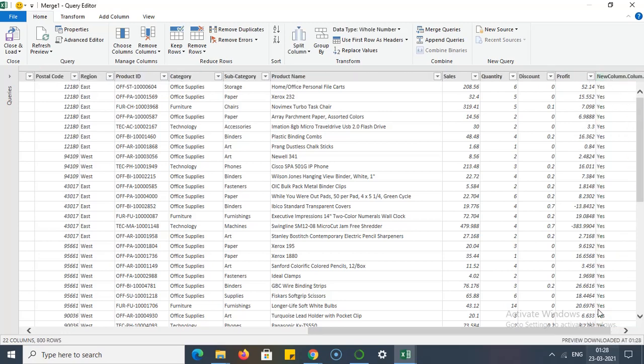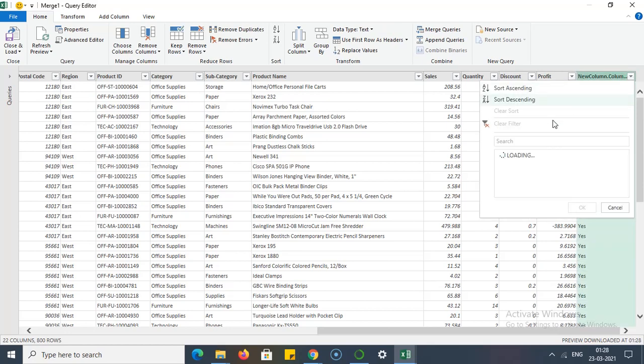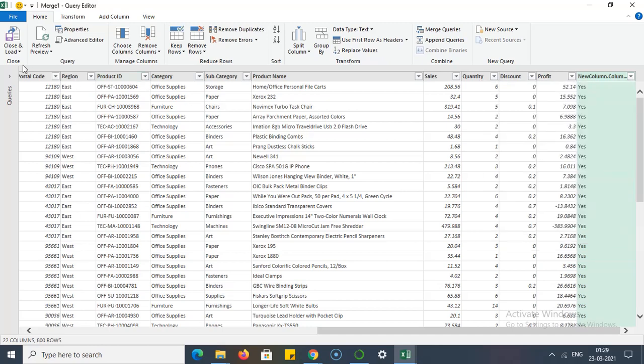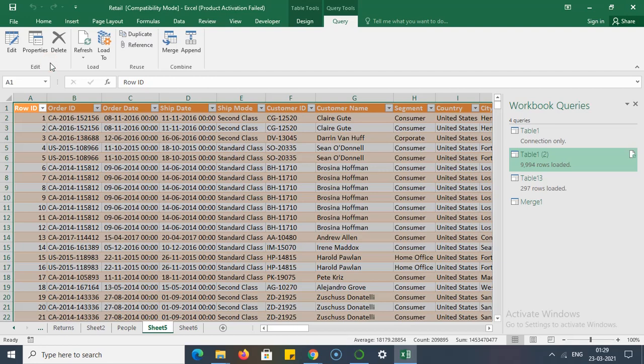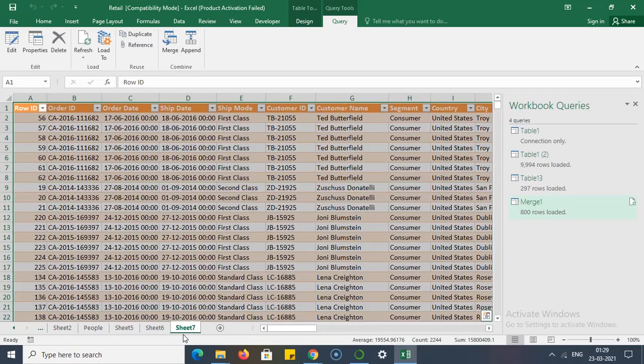See here, you got your data already. If you want to click on another column also, you can, but now that query is gone, so now you can't do these things. Same thing, just Close and Load. Your new data is created now, and your database is ready.